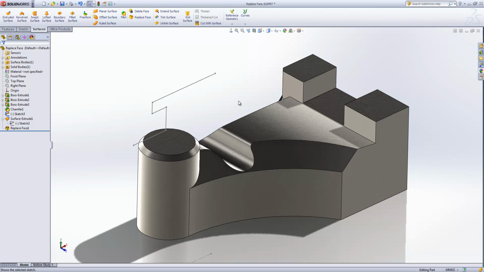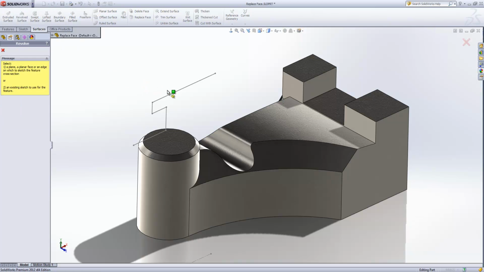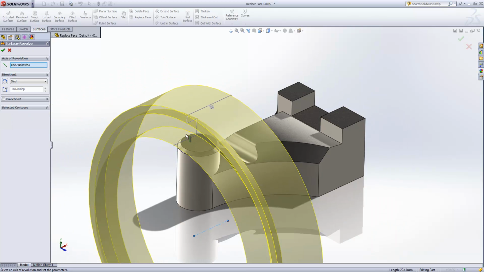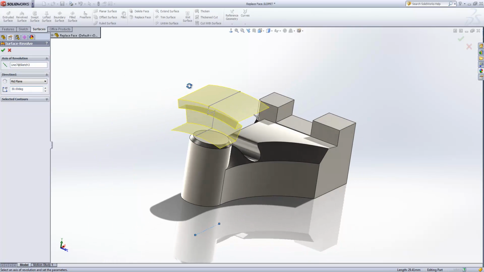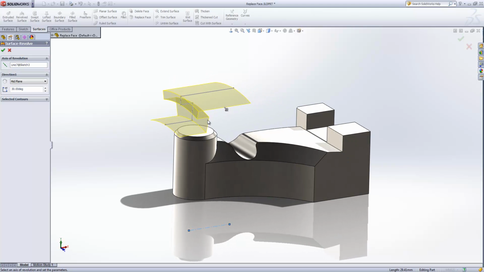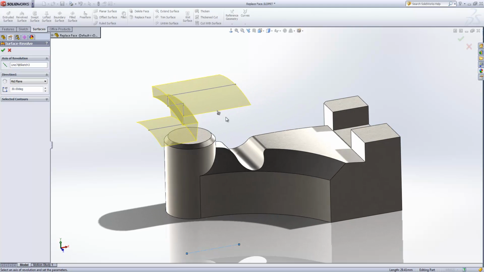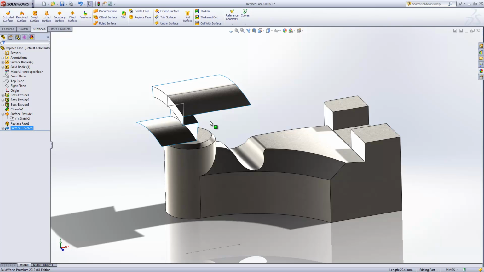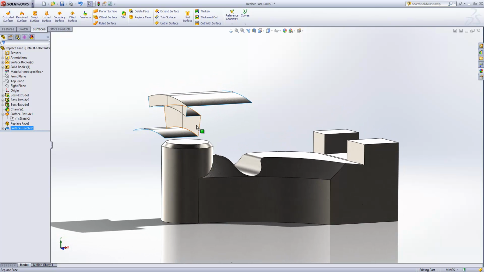So with this sketch 3 I'm going to create a second feature. This time I'm going to do a revolve. I've already got my center line constructed, so that revolve is quite easy to construct. I just want to set it up so that it's going mid-plane and about 30 degrees. And that should mean that it's cutting the entire way through what is this top face that I'm going to use. So if I hit the tick now, okay,